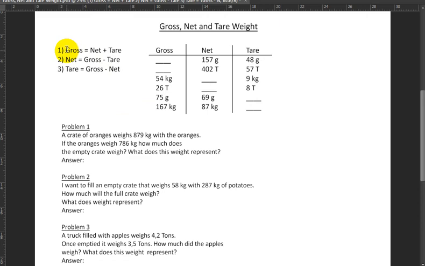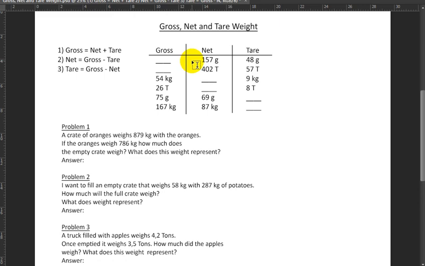We're going to choose the formula that gives us the gross weight. This is the one where the gross weight is the one that is missing, basically. So we are going to plug in the numbers that are given to us for the net weight and the tare weight, and then we are going to do the calculation that is necessary with these two in order to find the third weight. So let's do some examples. Let's say here for the first one, you want to find the gross weight. And we're not being specific about what